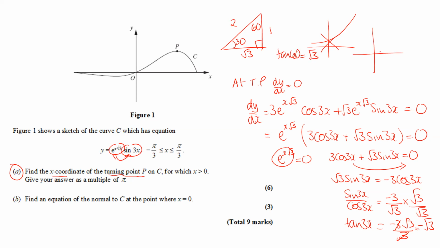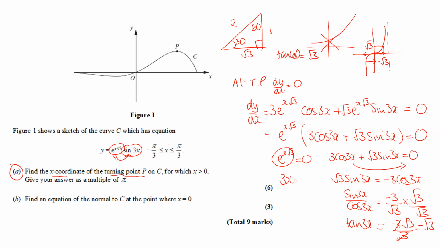Now your tan graph goes like this. So when we're doing tan 60 here and getting the positive root 3, your tan graph down here, if we go minus 60, that's going to give us the minus root 3. So either on your calculator or you just kind of know your graphs and your special triangles, that's going to tell us that 3x is going to equal